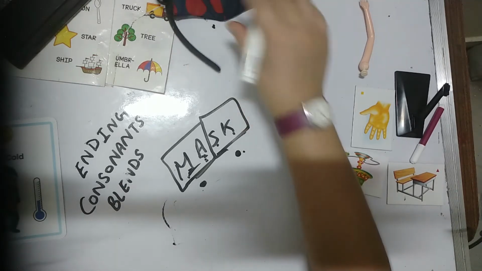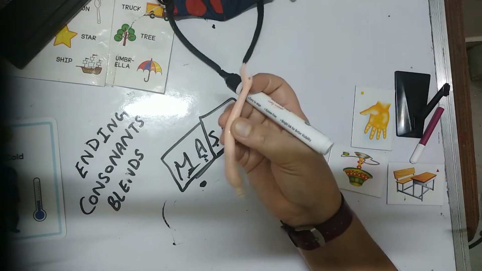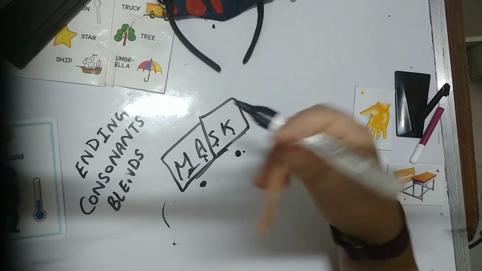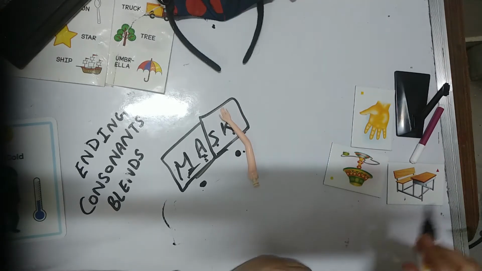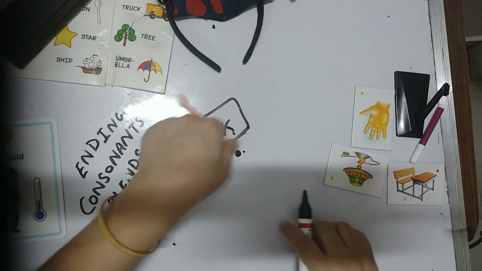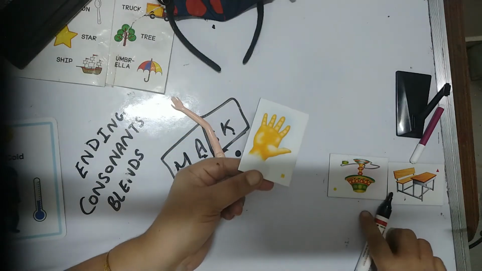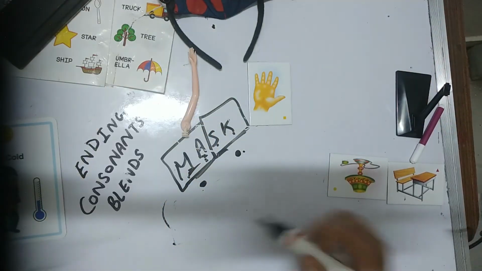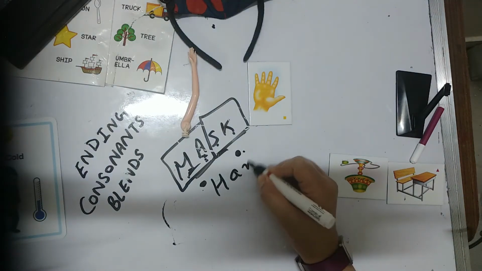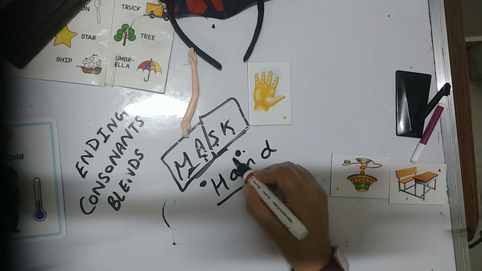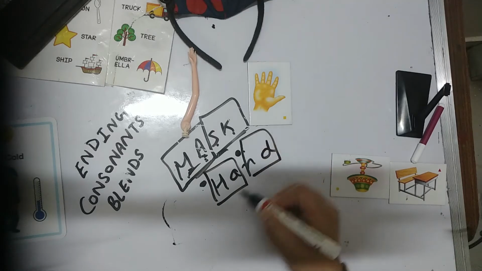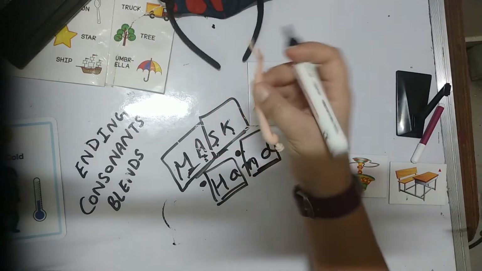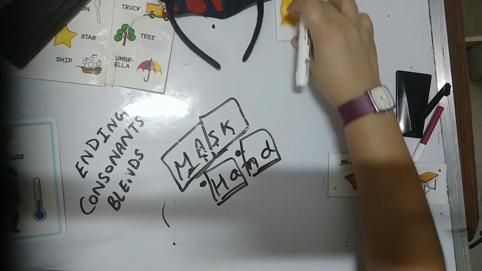Suppose you don't have any object, like these toys. Toddlers generally play with this sort of games, like with dolls and all, and they will break them off. So you can show visual clues, like your hand, and then ask the child to tell you the ending blends. You have written hand here, so the child needs to blend these two and the last two letters. So hand, hand, like this. You can show it, and then ask the toddler how we can blend this.